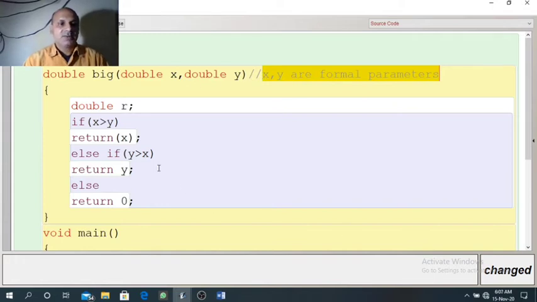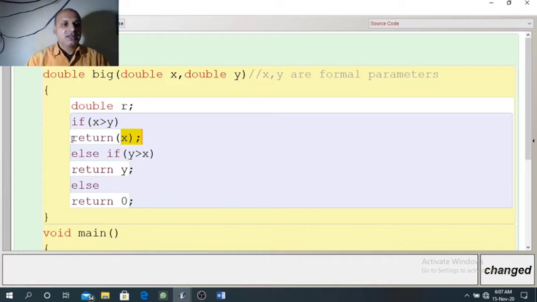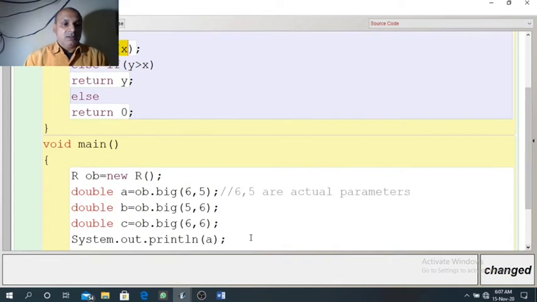So when 6 and 5 are passed, the first if will be satisfied, 6 is more than 5, so the return value will be 6. Now when this statement runs, it will transfer the control, or send the result, to the caller. Means other return statements will not run, because the return statement behaves as a function terminator. So 6 is the result. 6 will be returned, and where will it be received?